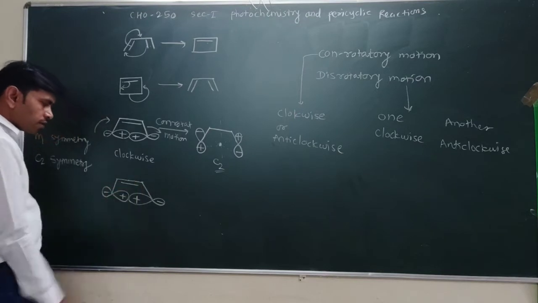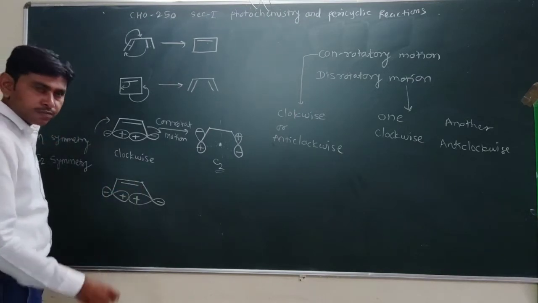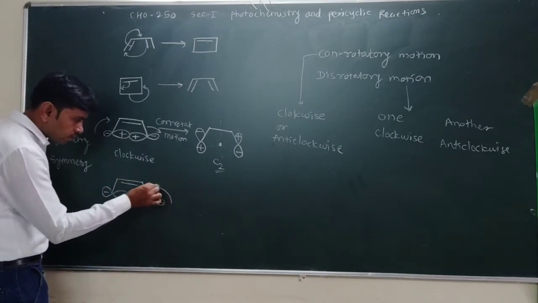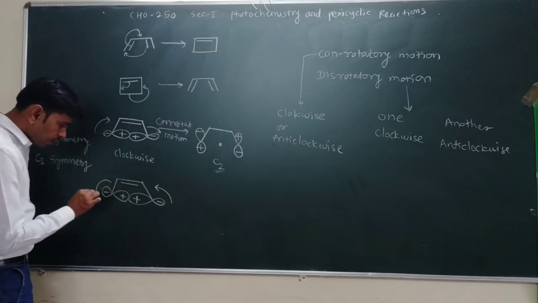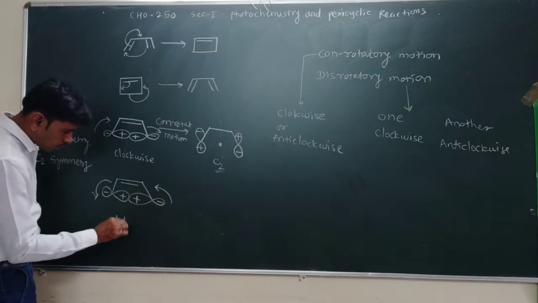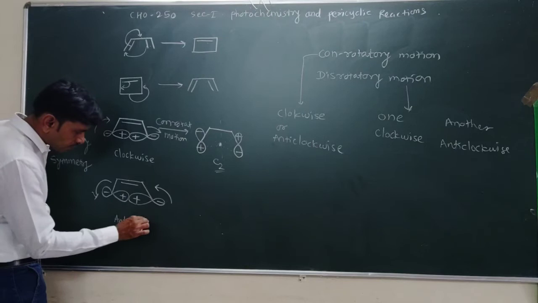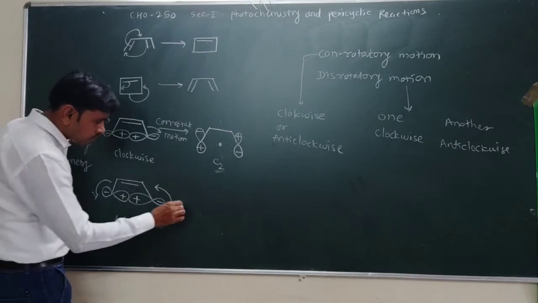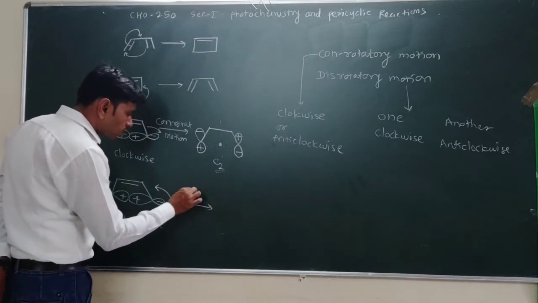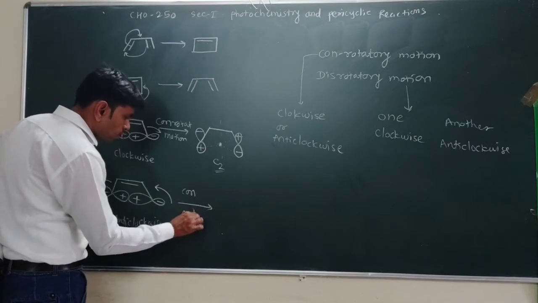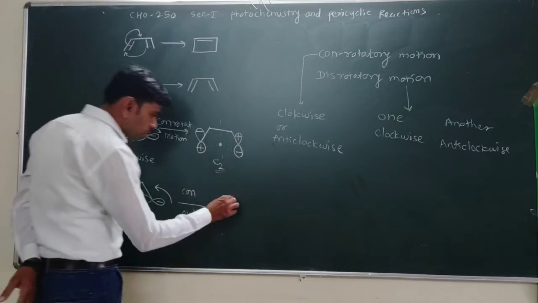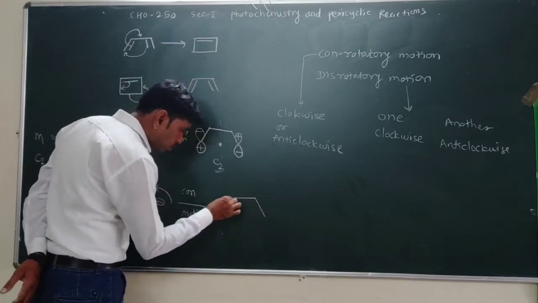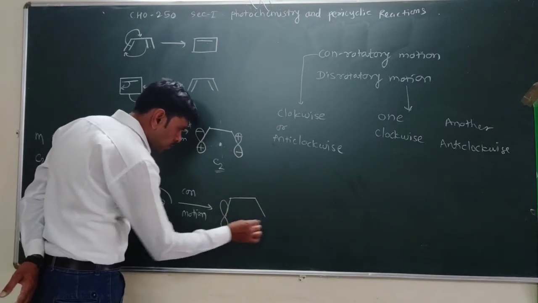Anti-clockwise. Let's rotate these orbitals anti-clockwise. When rotated anti-clockwise, this also rotated anti-clockwise. So both orbitals rotated anti-clockwise. That means it is a conrotatory motion. In conrotatory motion, when these orbitals rotated by 90 degrees